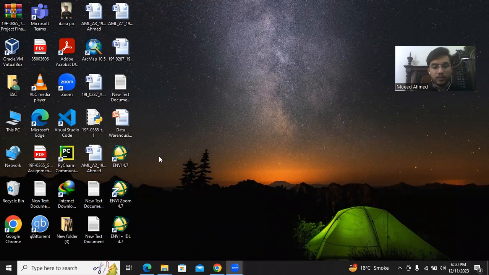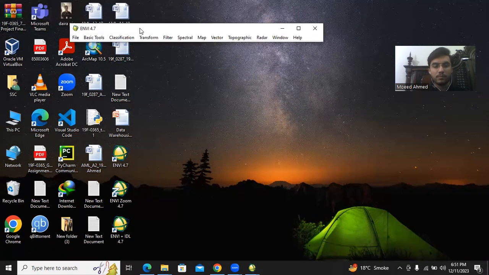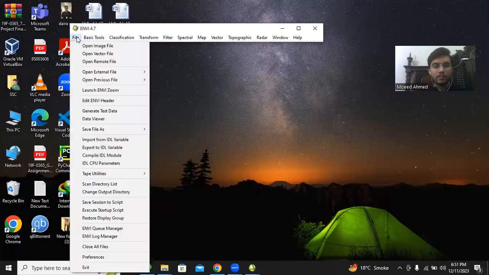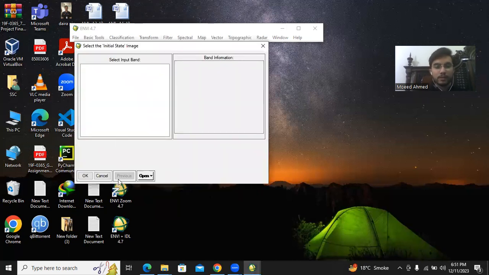So first we'll open ENVI. Okay. Now we'll go to basic tools, and there we will select change detection, go into the change detection, and there we will go to firstly compute difference map. So